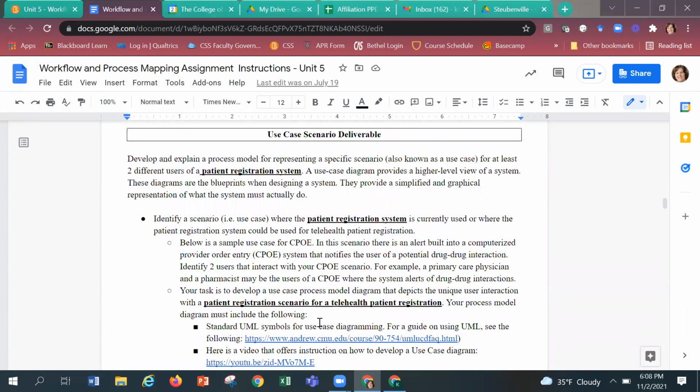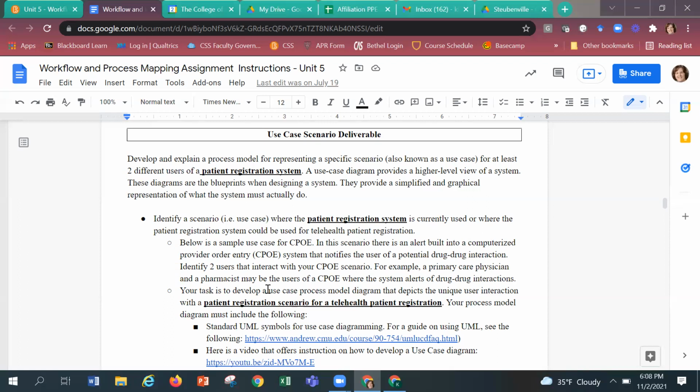Then in terms of the use case deliverable, I want you to develop and explain a process model for representing a specific scenario, also known as a use case, for at least 2 different users of a patient registration system. So a use case diagram provides a higher level view of a system. These diagrams are the blueprints when designing a system, and they provide a simplified and graphical representation of what the system must actually do. So for this particular deliverable, I want you to identify a scenario or a use case where the patient registration system is currently used, or whether the patient registration system could be used for telehealth patient